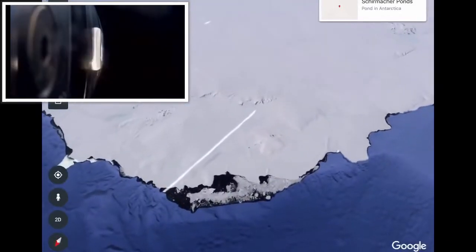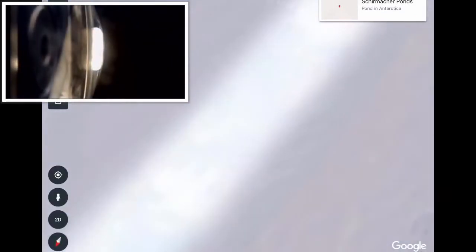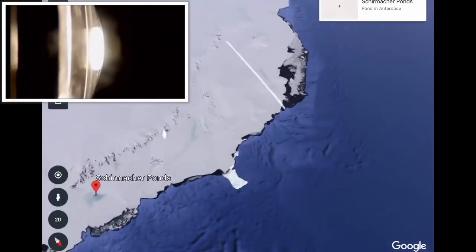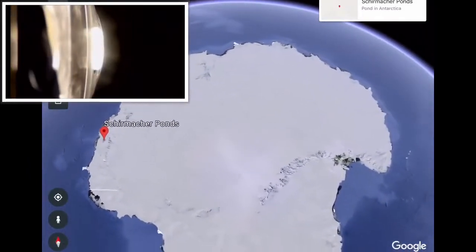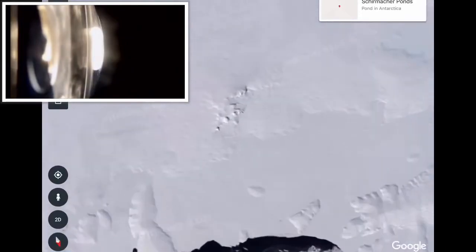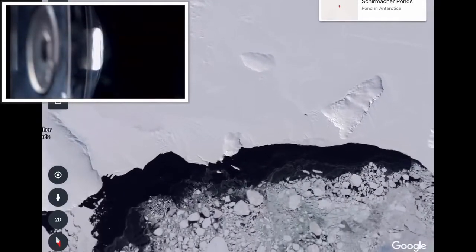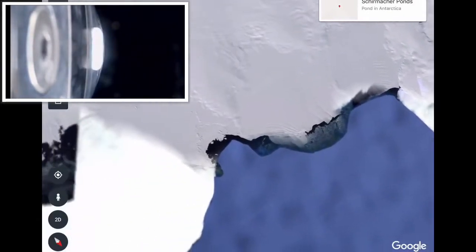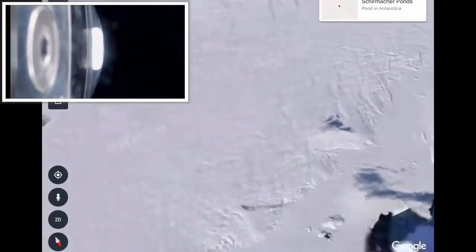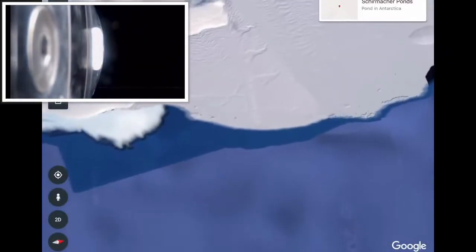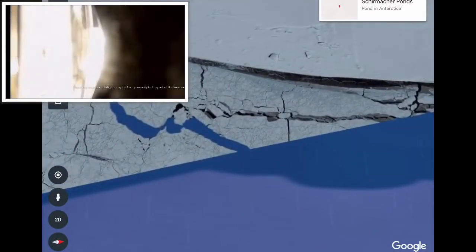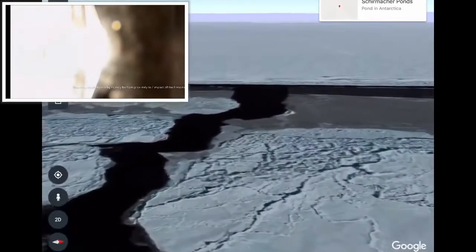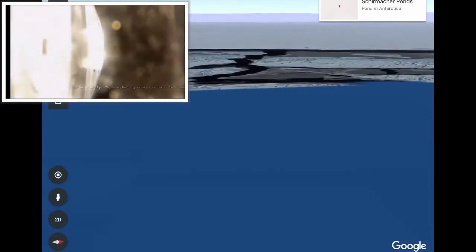Wouldn't the pictures be equally taken? Like, the satellite would take the same picture of any part of the Earth equally as it flew over, because it's digital, right? And it just downloads it, right, via some kind of Wi-Fi type thing. So you look at certain areas and there's more detail, like if it's a geographic structure, like the Schermacher ponds or whatever, all of a sudden it gets a little bit more detailed. And then there are areas that are just so vague and sketchy, and data is missing, and it just seems like it's just an auto-spawned area from a video game or something. Why would there be these dichotomies?